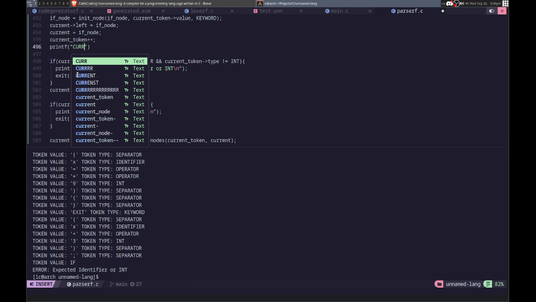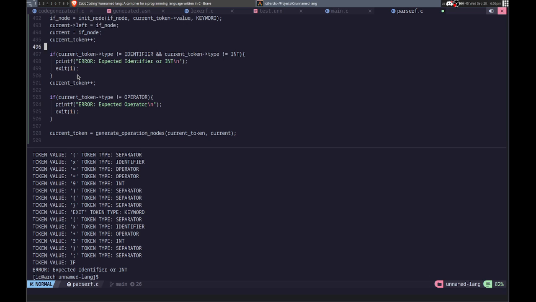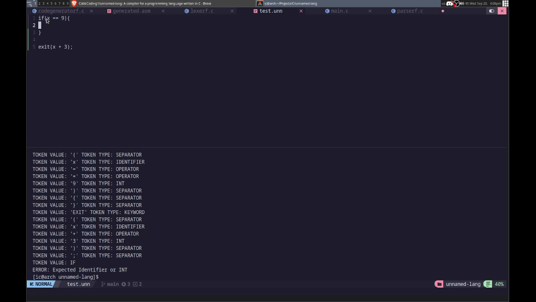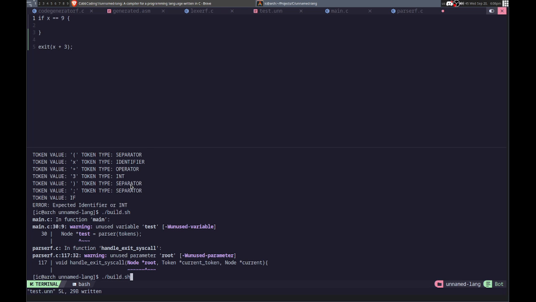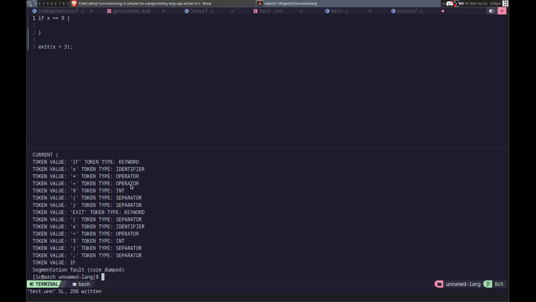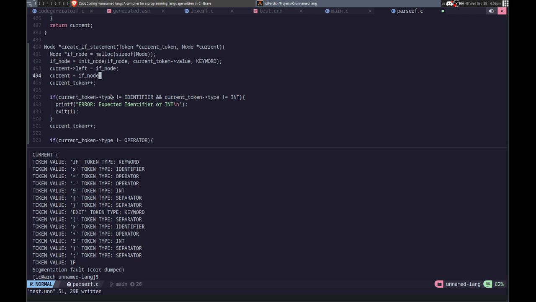Current. Oh shoot, you know what? Because we need, I forgot about the separator, the brackets. Do we need that? Let's try it without them actually. And it breaks. Alright, let's do this and let me see. So let's do that and then